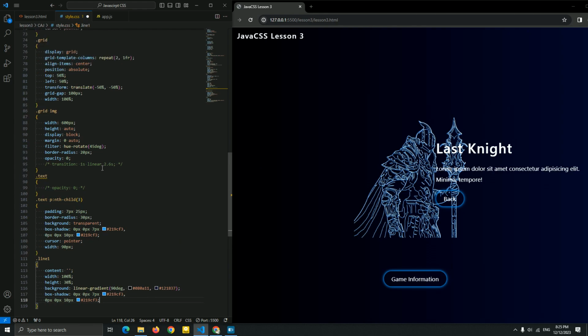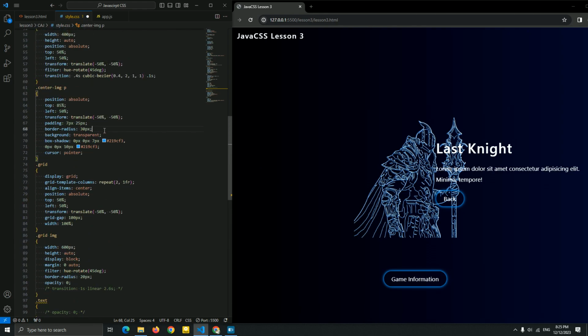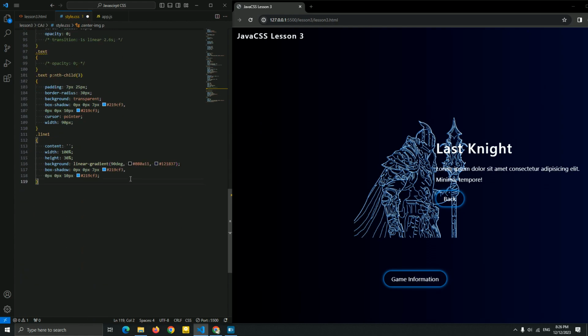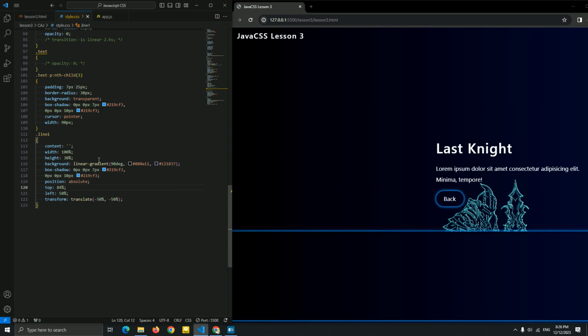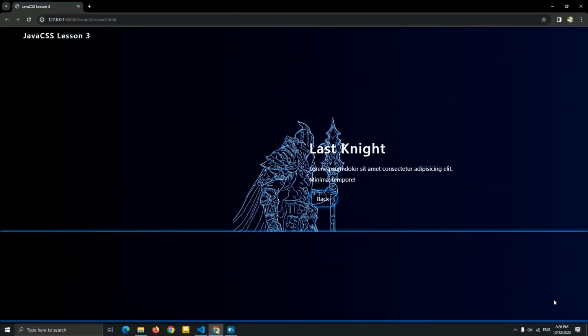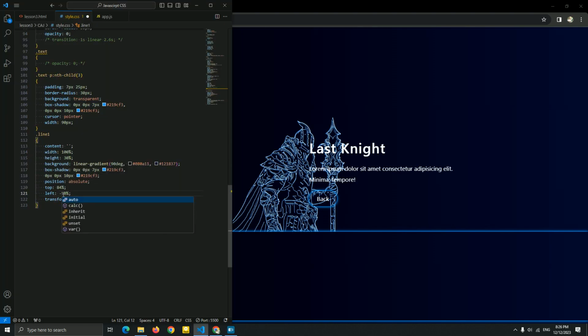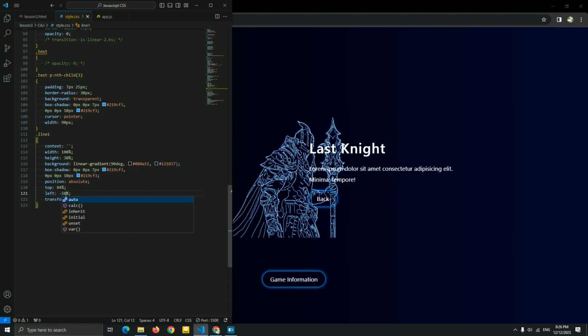Okay, now let me just copy this box shadow of this, paste it here, and what else do we need? Yeah, I think we need a position absolute. So position be absolute for this. Let me just copy this, paste it here. Top 84%. Yeah, as you can see, this is the first line, which is at the bottom of this. We just add the top instead of the bottom. And let me add a minus 50%, I think. Oh, you know what? Let it be 55%. And when we add JavaScript and CSS, I'm gonna add a 50% to start the animation from the left to the right, if you understand this. So this is the first line, and let me just add a transition.